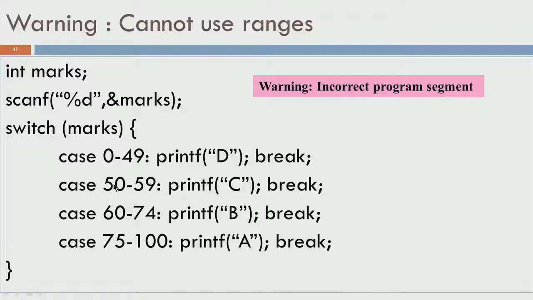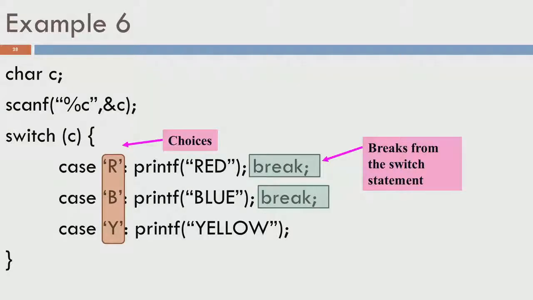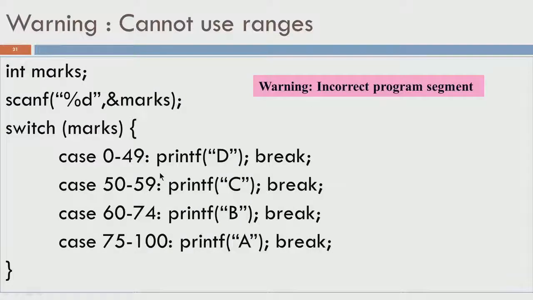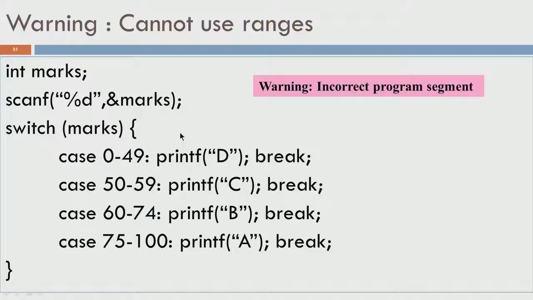So, whenever you have multiple values, you have to have multiple cases. So, that is why we had this here. There were multiple values R and r for which we wanted to printf red. We actually have multiple cases also specified explicitly. So, in summary, we have a switch statement which has multiple cases, and for each of these cases it executes the corresponding block. If there is a break, it will break away from the switch statement. If there is no break, it will go and evaluate the next cases also. So, this is not a valid way to give grades. You should use the if then else clauses here. I already showed you this in the earlier slide. So, with this we are at the end of module